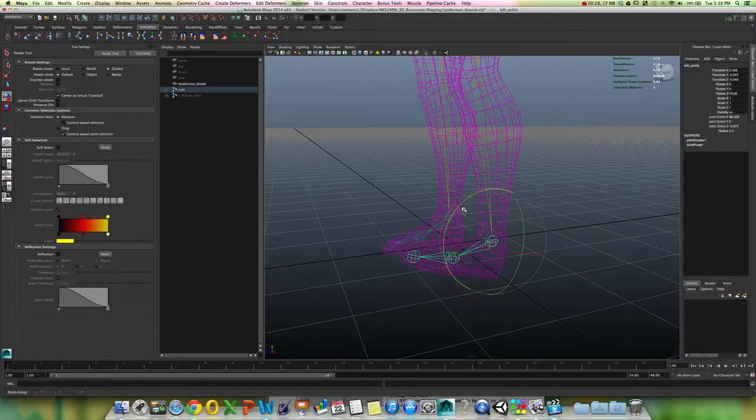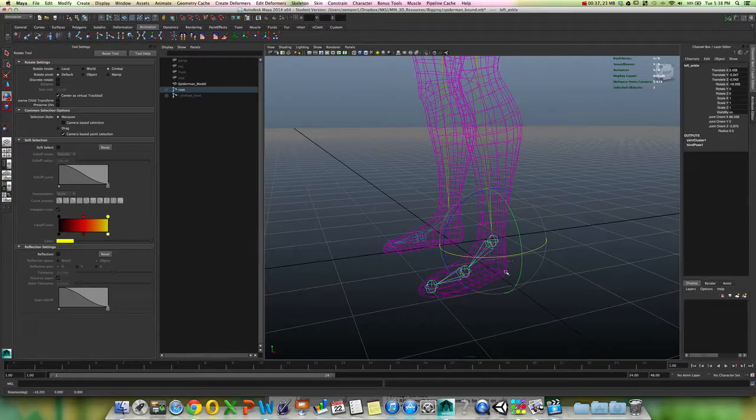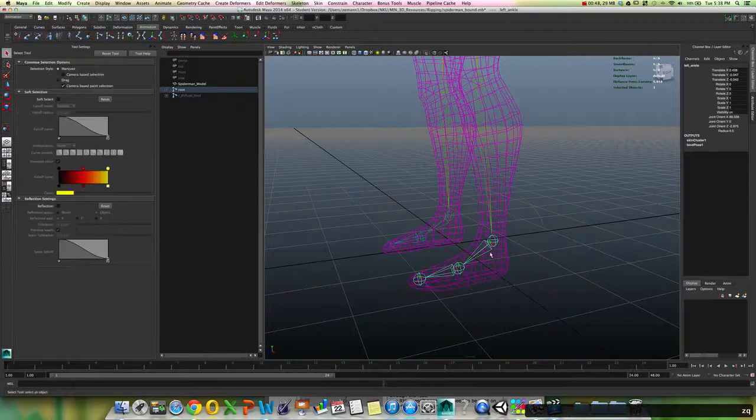We have an ankle that's rotating, we have a ball that's rotating. We can also rotate our foot around the pivot of the ankle, and not necessarily the pivot of the ankle. We can actually do it based on the heel. So if I wanted to have this guy tapping his foot, it really wouldn't work very well because he's not really tapping his foot from the ankle. When you tap your foot, you're actually doing it from the pivot point of the heel, which we do not